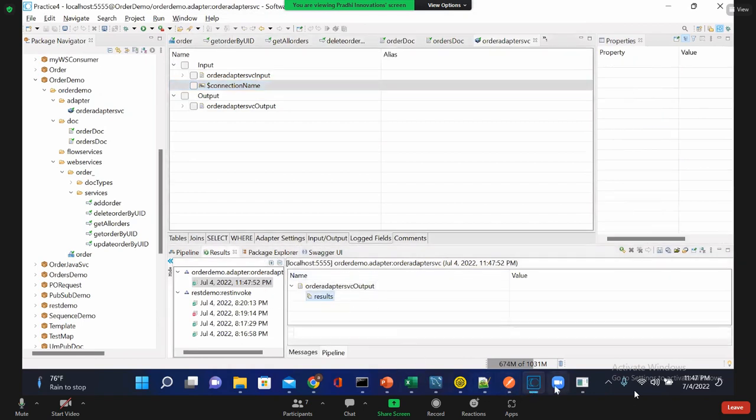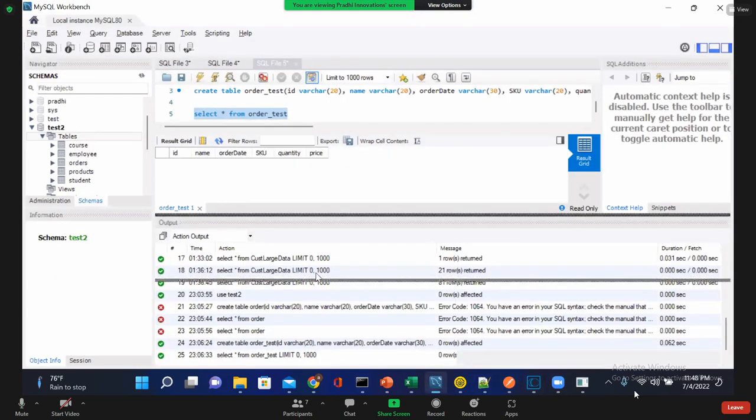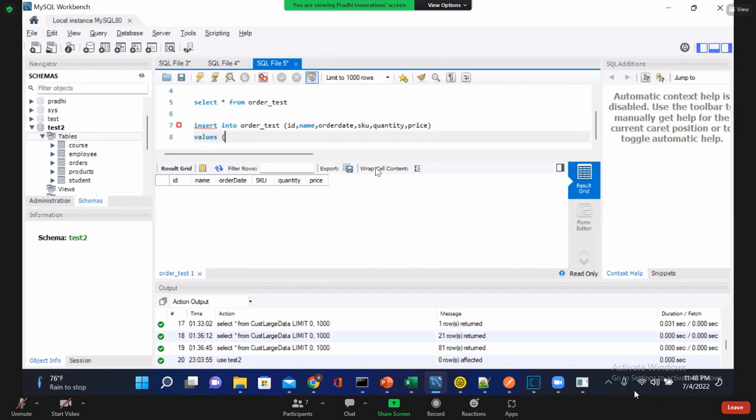Yeah. So let me insert 2 records just to see whether everything is working or not. Okay. So let me insert data. Insert into orders values like ID, name, order date, SKU, quantity, price, values of. So first one,